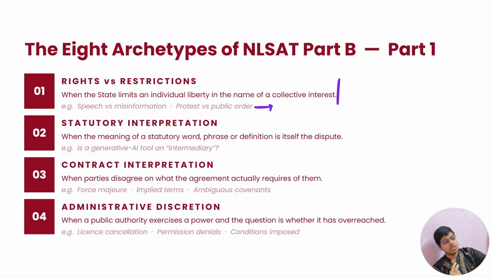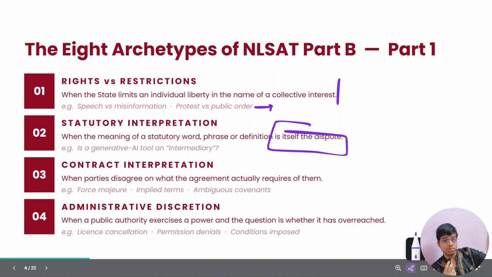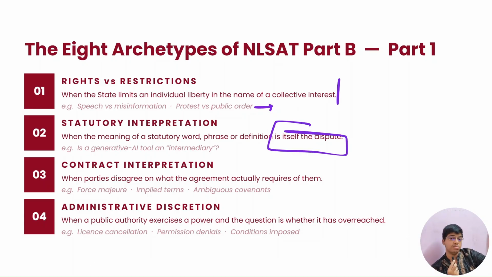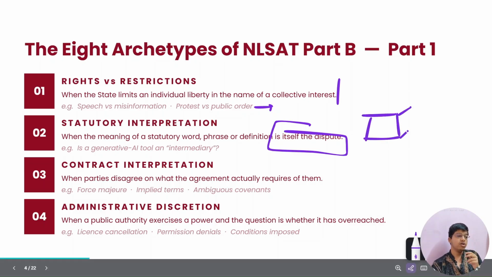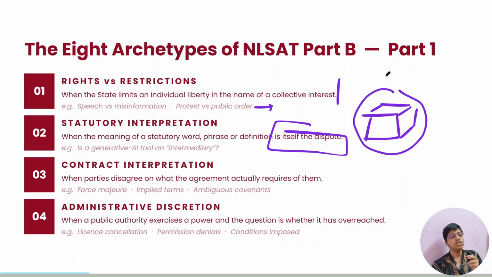Then the second type of question is statutory interpretation, when the meaning of a statutory word, phrase or definition is itself in dispute. Understand that in this, we talked in lecture number 2 about the purpose of interpretation, literal interpretation, and defeating the purpose of the statute if we give it a literal interpretation. If you remember, I gave an example of a paneer thing, where the government puts a tax on all square objects, all cubical objects. The purpose of the government for putting this tax on cubical objects is not given, but essentially you could see that all the cubical objects for